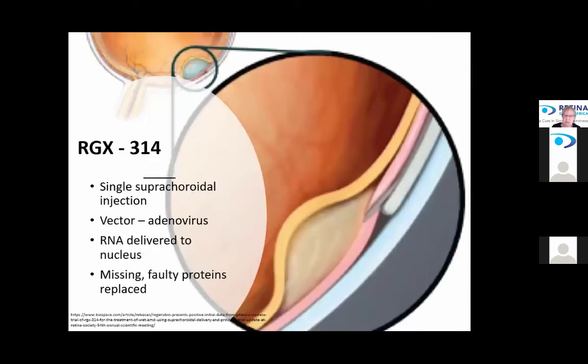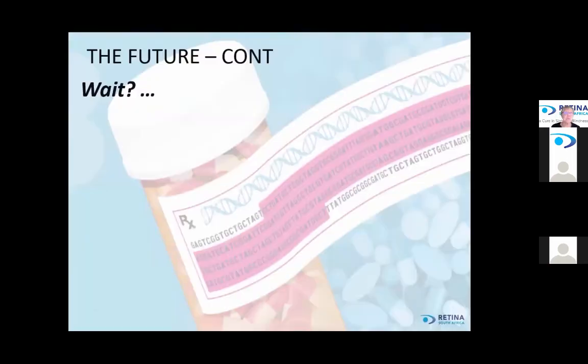There's another one called RGX-314. This is a single injection as well, also delivered with the adenovirus. And in this, the RNA is delivered to the nucleus of the cell, and it will find the missing proteins that aren't there and get that right. And guess what? It only has to do that once, and that is fixed for life as well. So the future,